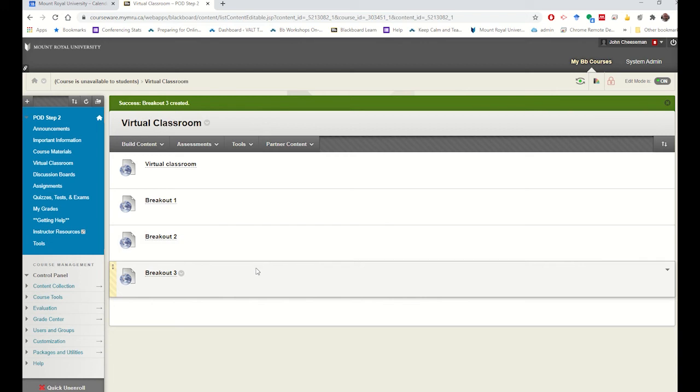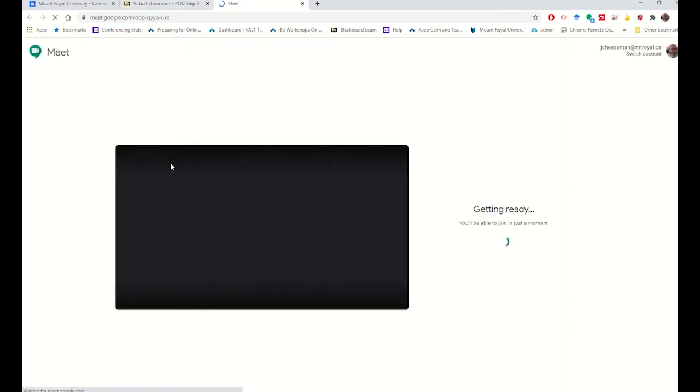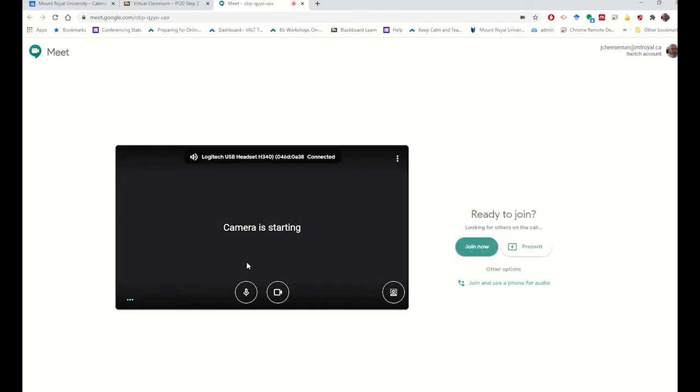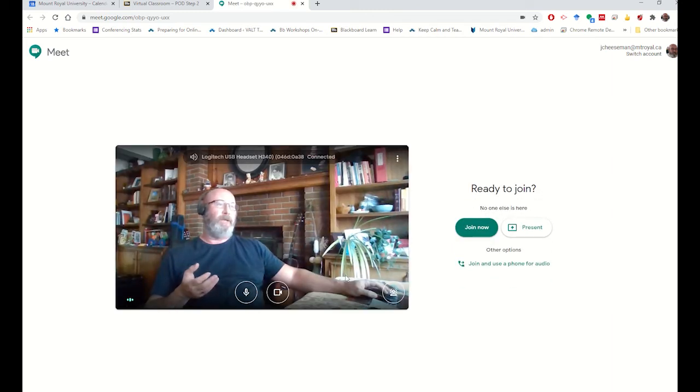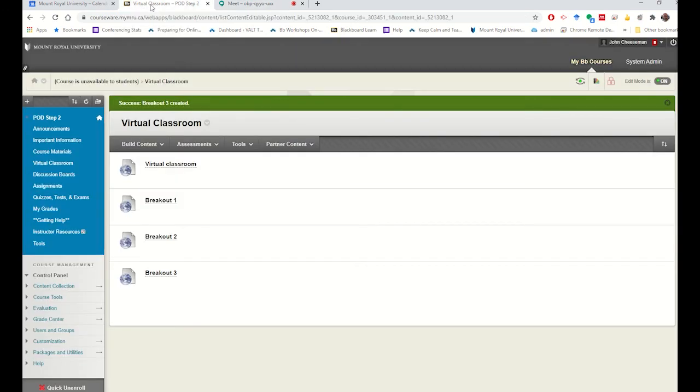But now how do we leverage this in teaching? Well, when it's time to do our synchronous session, students know to come into Blackboard and click into Virtual Classroom. When I click into Virtual Classroom, this will take them to the Meet lobby. We're all familiar with this, and they would join in. So here's where they would configure their equipment and join the meeting. While you're actually in the virtual classroom, you can say, okay, well now class, it's time to go to your breakout rooms. Please click back into Blackboard, like I just did here, and select the appropriate breakout room that you